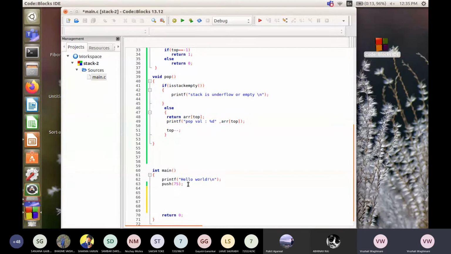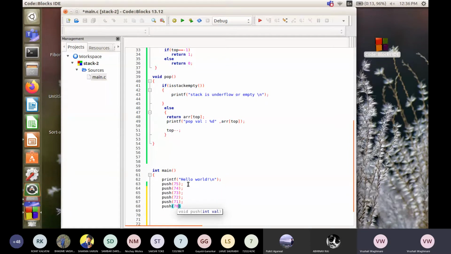So what we'll do, we'll take some element. Now push 74, push 73, push 72, push 71, push 70.